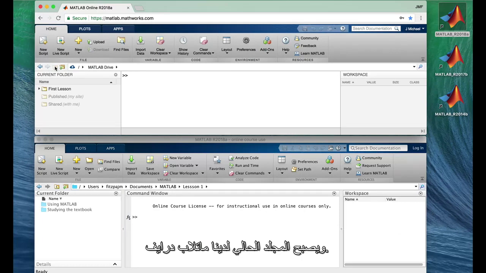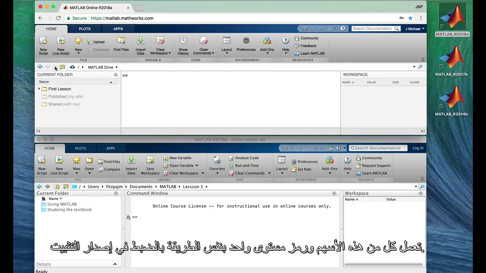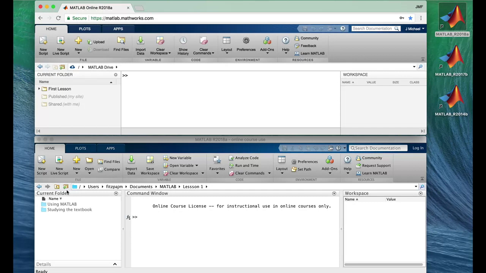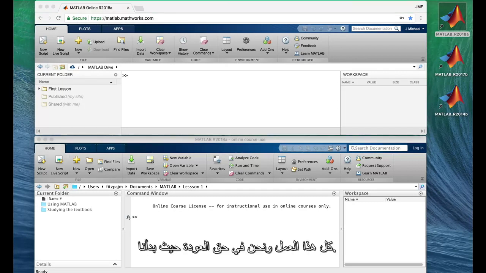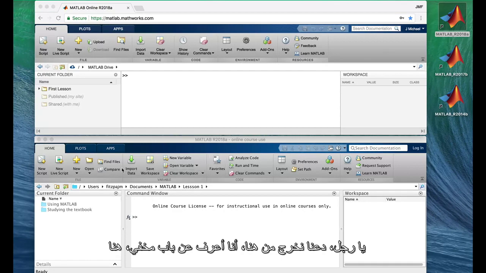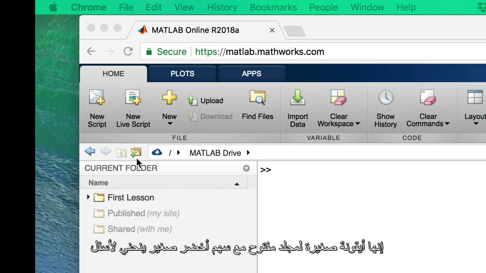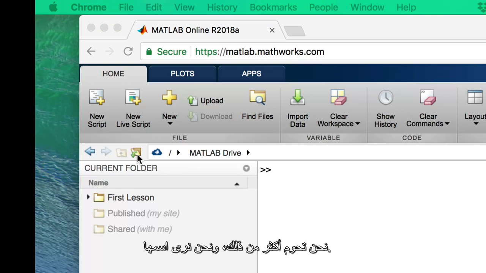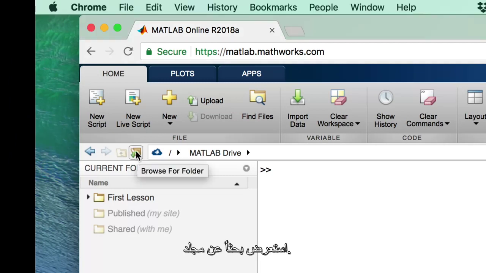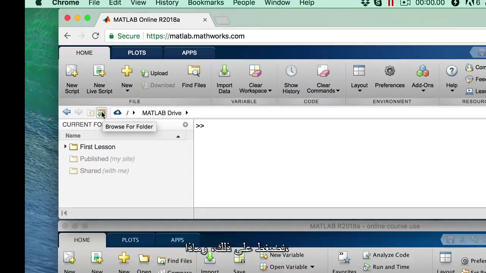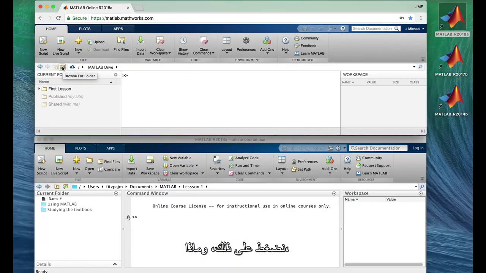Both these arrows and the Up 1 Level icon work in exactly the same way in the installed version. All this work and we're right back where we started. Man, let's get out of here. I happen to know about a hidden door right here. It's this little icon of an open folder with a tiny green arrow curving down. We hover over it, we see its name, Browse for Folder. We click that, and